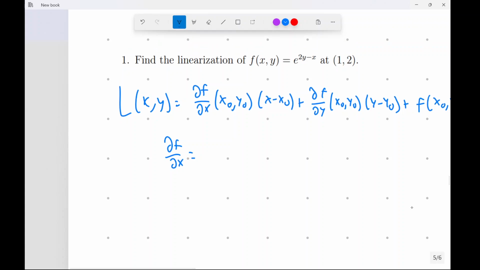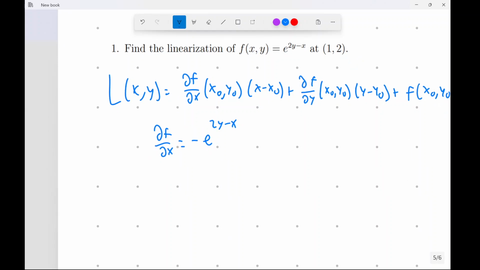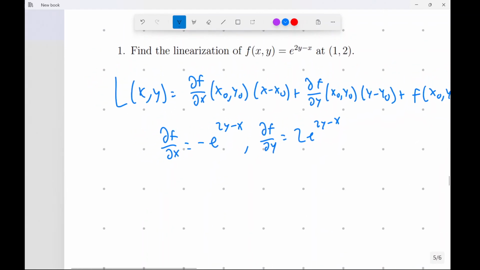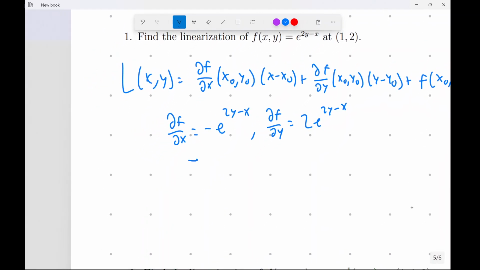That is negative e to the (2y minus x), because the derivative of e to the u is e to the u, but then you have to multiply by the derivative of the inside, which here is negative x. And then while I'm at it, partial f partial y is equal to 2e to the (2y minus x). Okay, and so then at (1, 2),